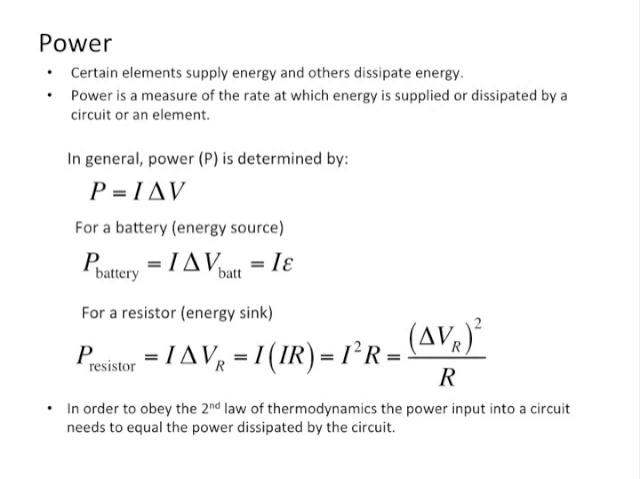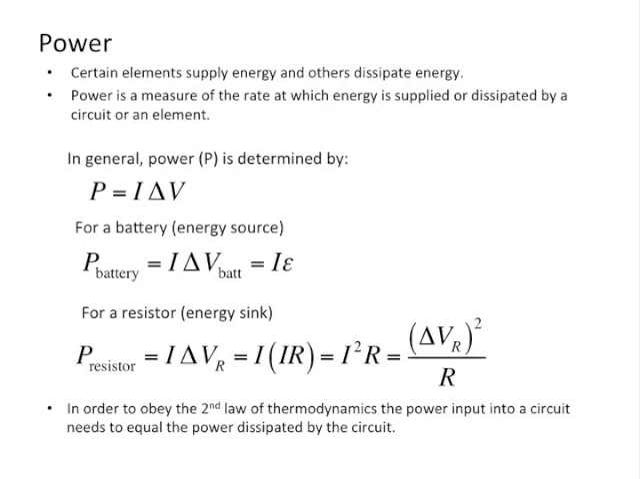For a resistor, which is an energy sink, it turns that electrical energy into heat energy. The power of the resistor is the current through the resistor times the change in potential of the resistor. So if we use our definition of Ohm's law, if it's an ohmic resistor, then we have I times IR, or I squared R, or we could define it some other way and say I is delta V over R, and then we can write that as delta V